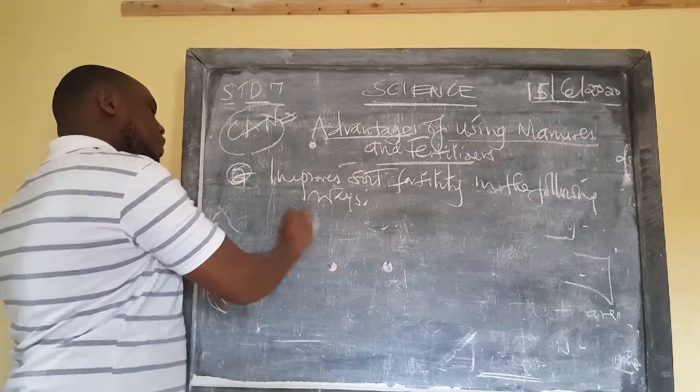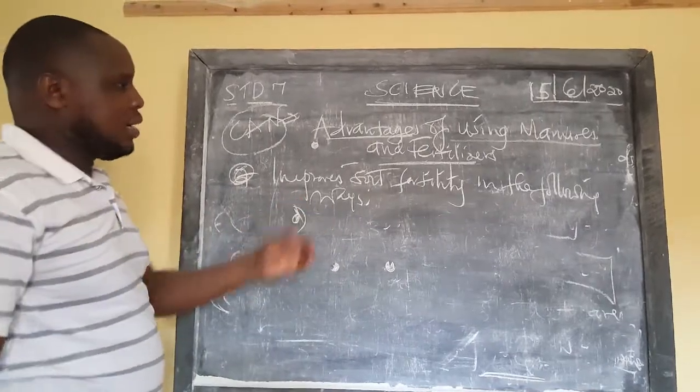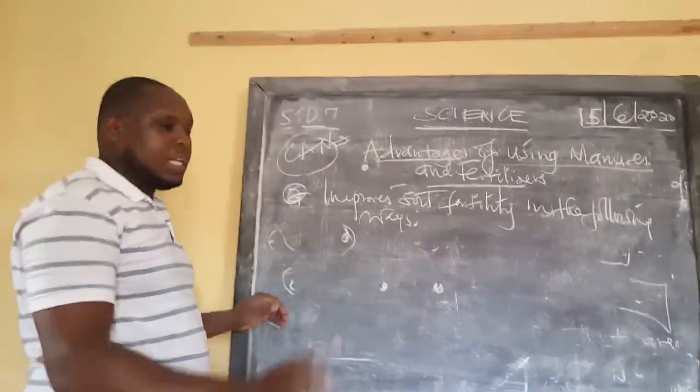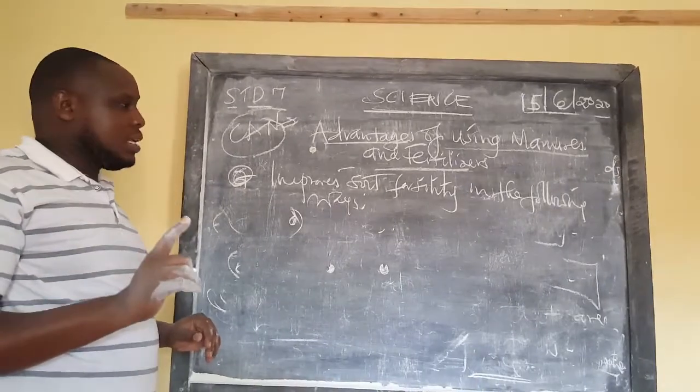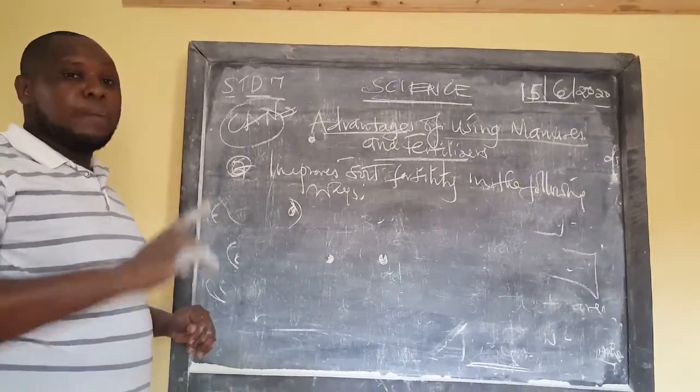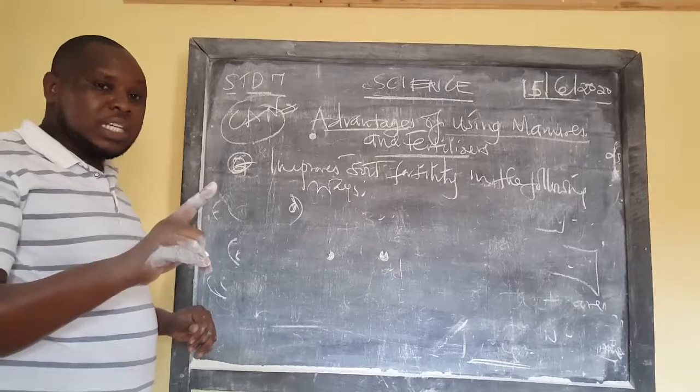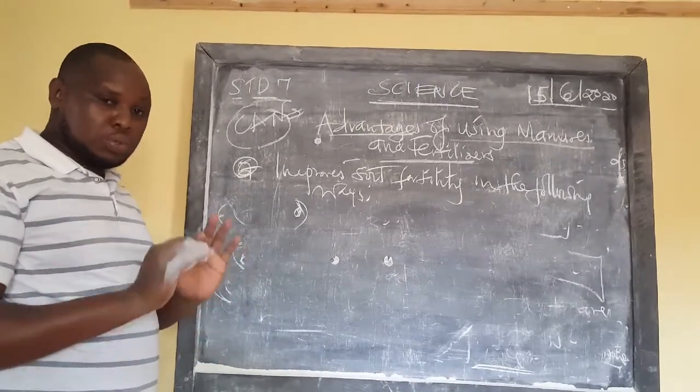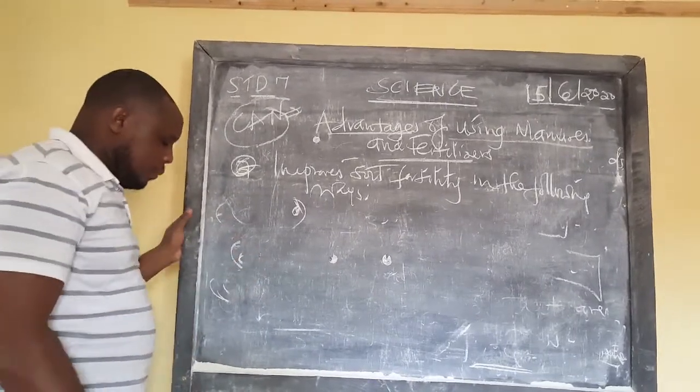There are 4 ways in which the use of manures and fertilizers improve soil fertility. And what we say soil fertility is the ability of the soil to support plants to maturity and be able to give yields. That is what we call soil fertility. So number 1, it improves